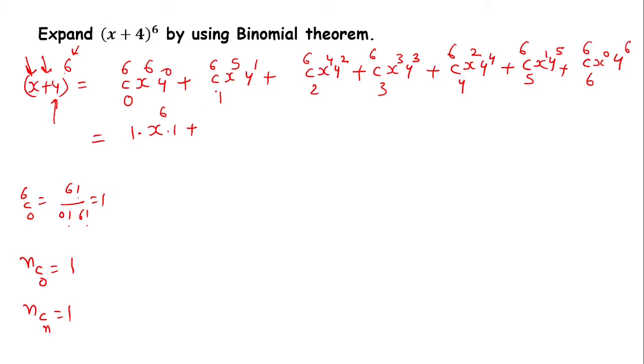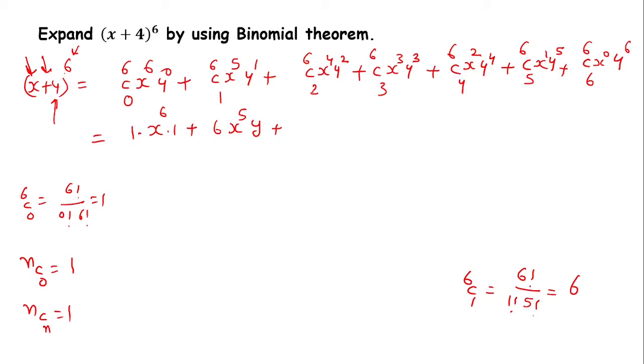6c1, my dear, 6c1. So how do you simplify this? If you simplify using the formula I am doing here, 6c1 is 6 factorial over 1 factorial, then 5 factorial. So if you simplify this, I will get 6 only. 6x power 5 y power 1 plus